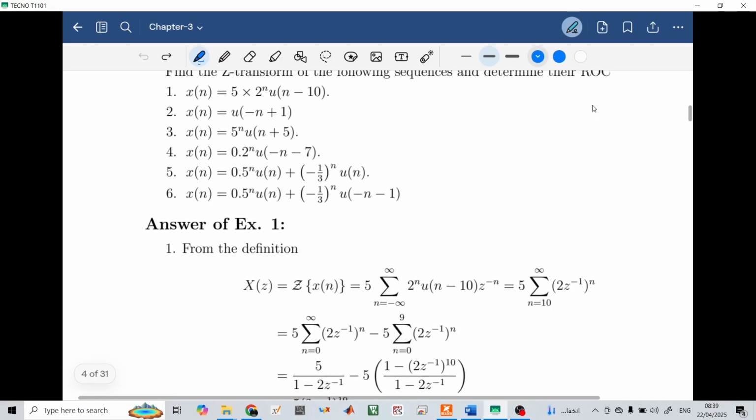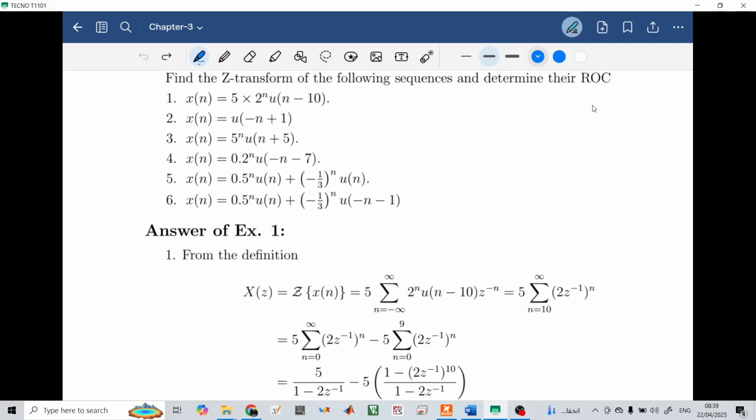For the first one, we have the sequence 5 times 2 to the power n multiplied by u of n minus 10. So we have a shift by 10 samples here, and we have this constant. So the first step, as we learned before, in solving for the Z-transform is to use the definition